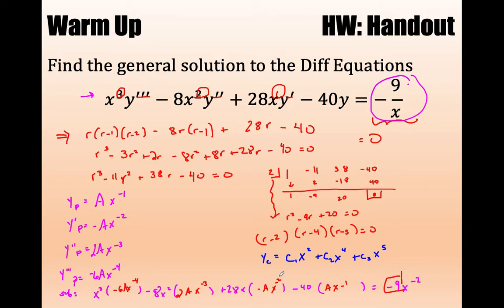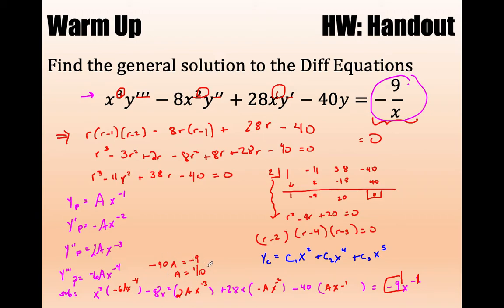So when I combine all these terms, I end up with negative 90 a x to the negative 1. That's a 1. So that's got to equal negative 9. Therefore, a is equal to 1 over 10,